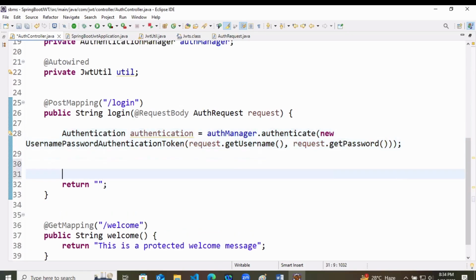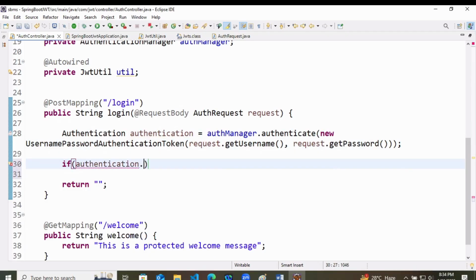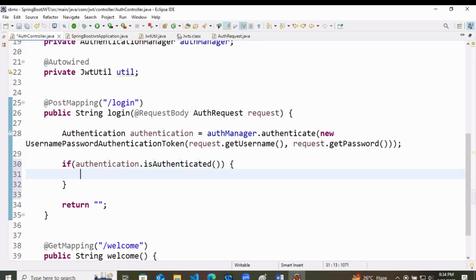Now you just check. So I will check if authentication dot is authenticated, means it returns true or false. If Spring is saying that okay, with this username and with this password you are authenticated, then you have to